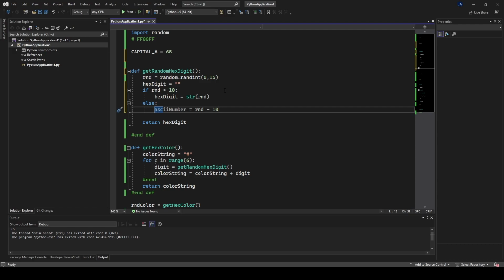So if the random number is 10, 10 minus 10 will give me 0, 11 minus 10 will give me 1, 12 minus 10 will give me 2, etc. If we then add on to that our base capital A, let's think about what's happening here. If we have the number 10, 10 minus 10 is 0, plus 65, well 65 we know is that capital A. So if we have the number 11, 11 minus 10 is 1, 1 plus 65 gives me 66, and 66